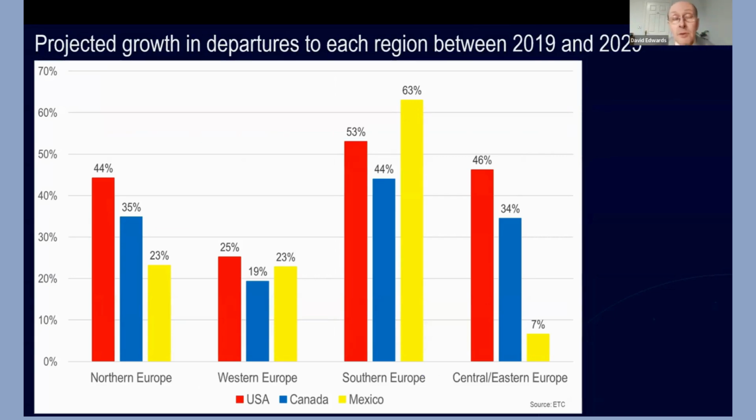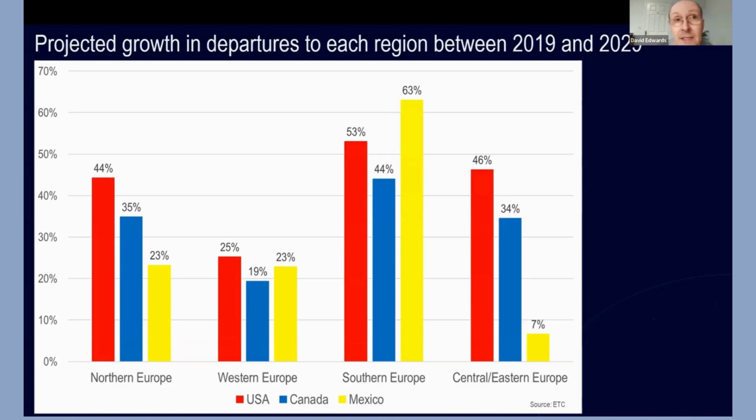So that's a lot of historic data, but let's look at what Tourism Economics have said in terms of the forecasts that they have provided to the European Travel Commission. So this is projected growth in departures to each region from each market over the decade 2019 to 2029. So the good news here is that for all of Europe's regions from each of these 3 markets, growth is projected across that decade.